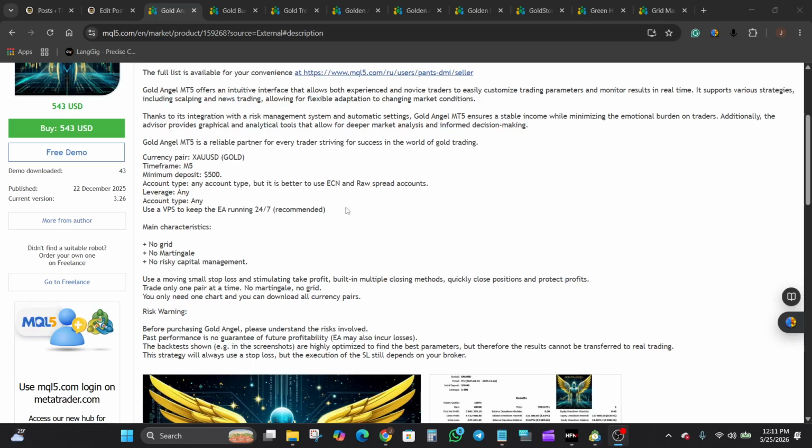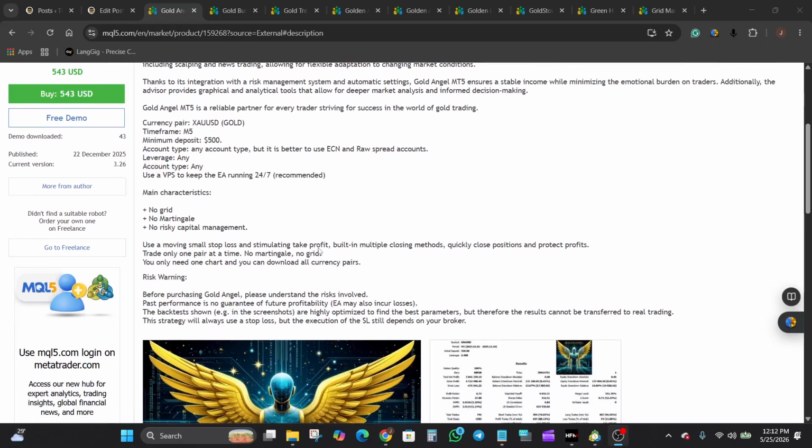Now, moving over to the trading setup requirements, it is designed specifically for XAUUSD on the M5 time frame with a recommended minimum deposit of 500 US dollars, and it suggests using ECN or raw spread accounts for better execution quality. A VPS is also recommended to keep it running continuously. So now I'm going to move into the backtesting section and take a look at how it performed historically on